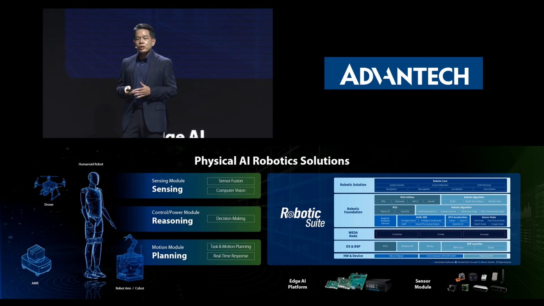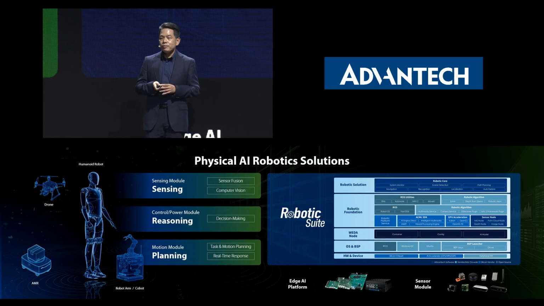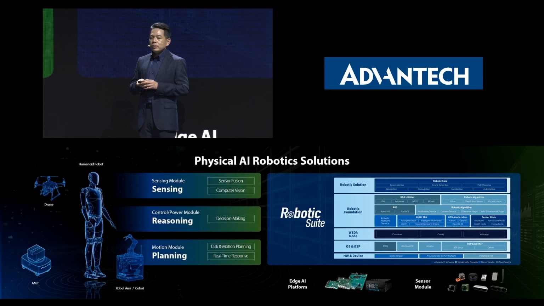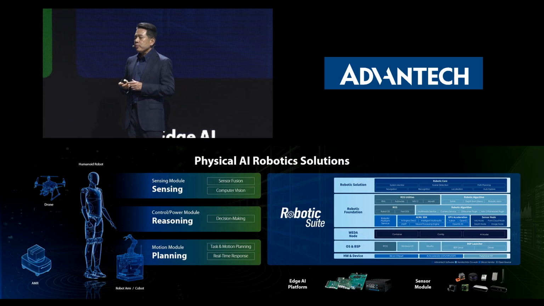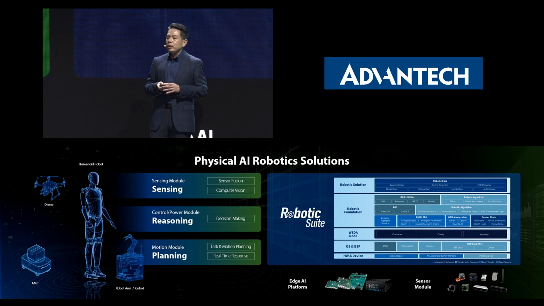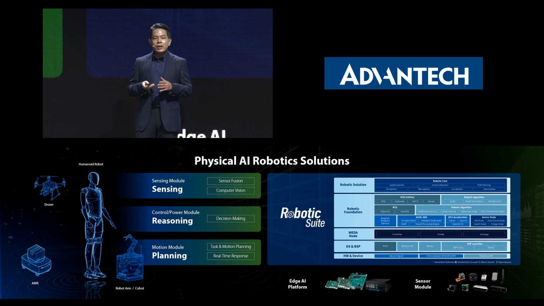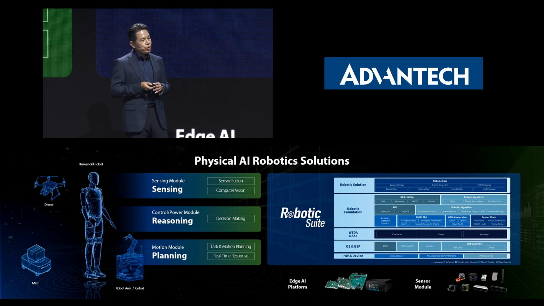How to support our customers and partners to accelerate robot application development is very important. That's also the reason Advantech provides robotics building blocks. Start from the Edge AI platform. You can see on the right side, the Edge AI platform is the brain of the robot. It supports language modeling, digital twin, and deploys AI inference to realize real-time sensing, decision, and execution.